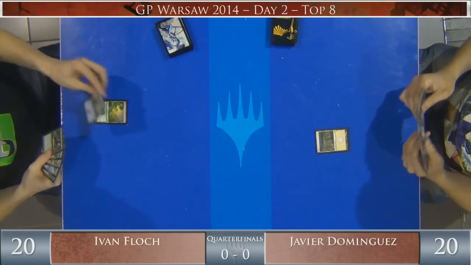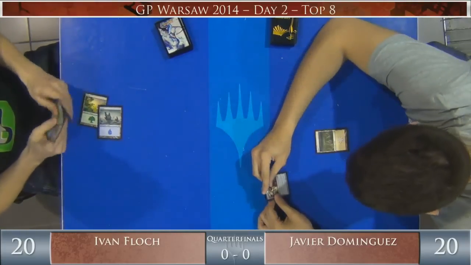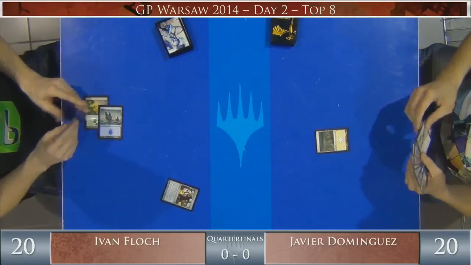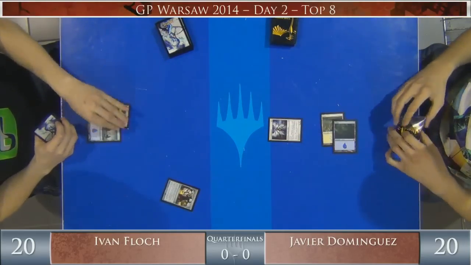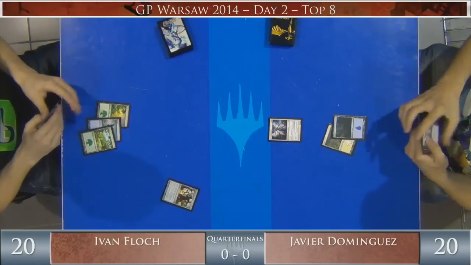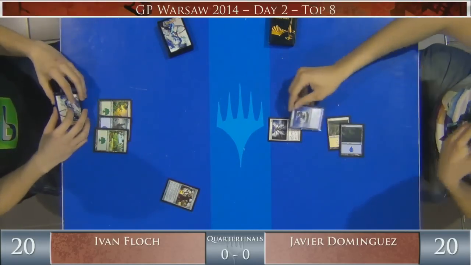Ivan Floch does have a Forest, but does not seem to have a green or white source. Oh wow, Deserter's Quarters on turn 2. He played that card in his blue-black control deck in the second draft. Yeah, a 2 mana artifact that you can pay 6 and tap it to tap a creature. And Javier Dominguez has the Skyguard. He has 2 in his deck and he really wants to draw 1 on turn 2. I think Ivan Floch doesn't have many ways to deal with it, so I think that's the way for Javier